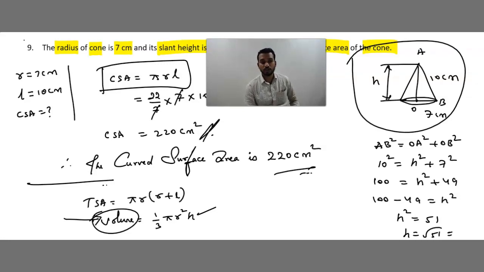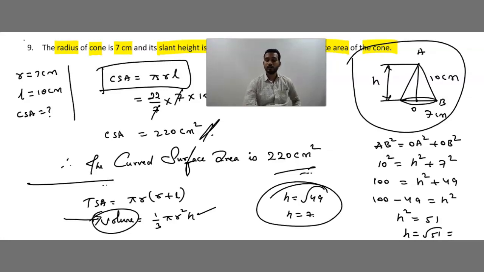How to substitute here? If it is not coming, you can substitute as it is. There is no doubt. But usually they won't give it like this. Suppose, for example, you may get the value of h as root 49. Assume. So what is h? h is 7. Did you understand? In the same problem, if they have given the volume and they are asking you to find h, we can do it in this method also.